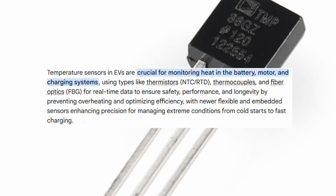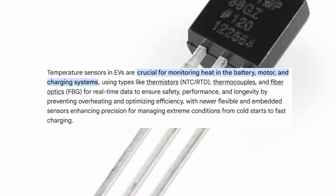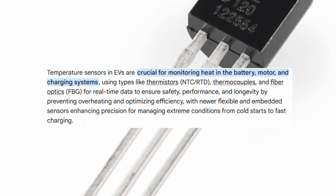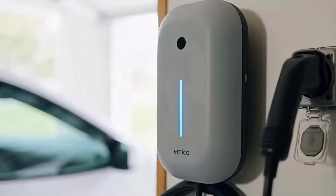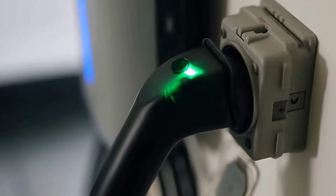What the thermometer actually measures. Most EVs show more than outside air temperature. They surface battery pack temperature, coolant loop readings, or a calculated battery health indicator derived from multiple sensors. The Battery Management System, or BMS, watches internal cell temperatures, inlet and outlet coolant temperatures, and averages across the pack. Those values tell the car when to allow fast charging, when to pre-warm or pre-cool, and when to throttle power